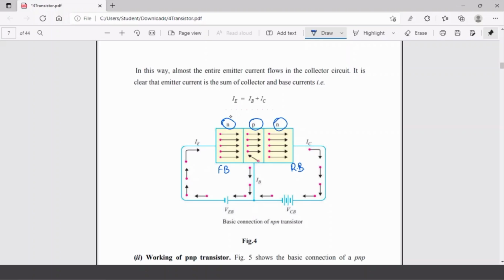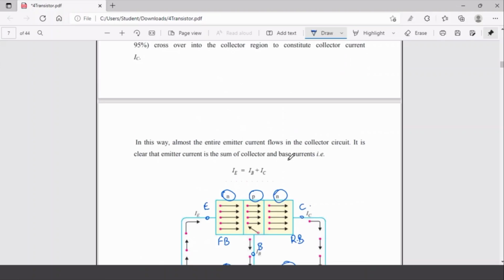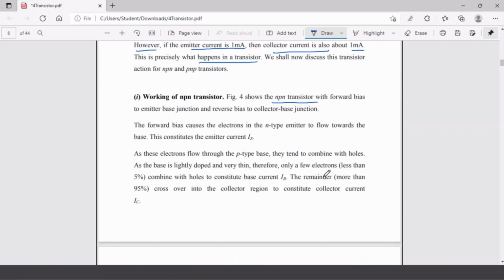Similarly, reverse bias collector base region, you can understand that this is emitter, this is base, this is collector, right? So collector base region should be reverse bias, that means N should be connected to positive and P should be connected to negative. And you can see the amount of voltage is also different. This is a low voltage here, a higher voltage required here, because of the difference in resistance level in both the PN junction diode regions.